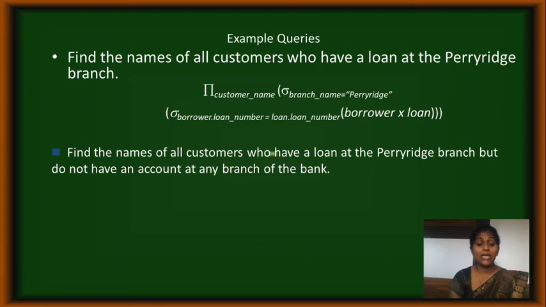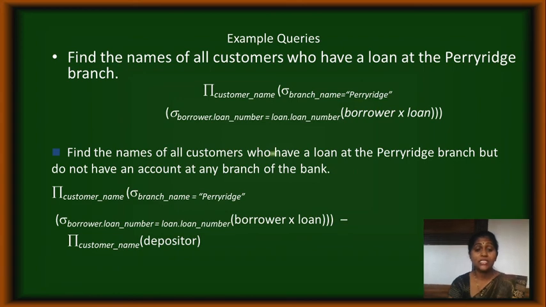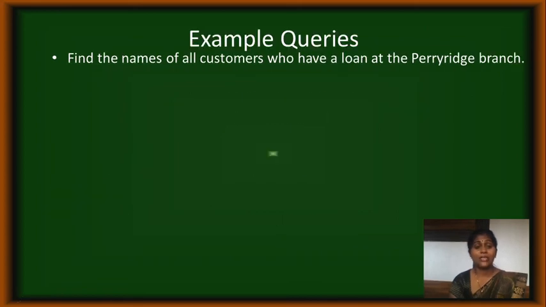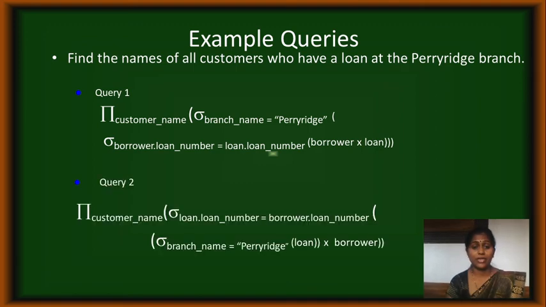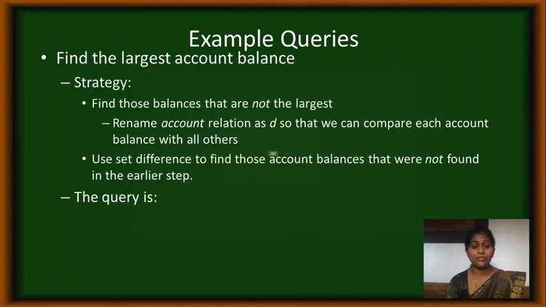Okay, find the names of all the customers who have a loan at a branch but do not have an account at any branch. Okay, see here now, they don't have a branch depositor, then it should be reduced: minus depositor, borrower into loan, but minus depositor, only those customers' details I have to retrieve. Next example is find the names of all the customers who have a loan at the branch. Okay, in that branch who has a loan. So this is the same as what I did earlier. These are the things which we have discussed.